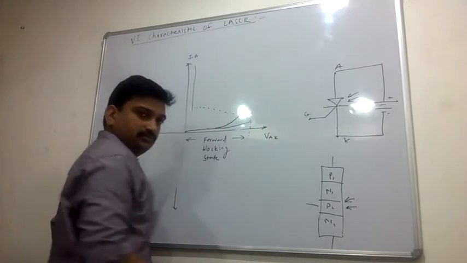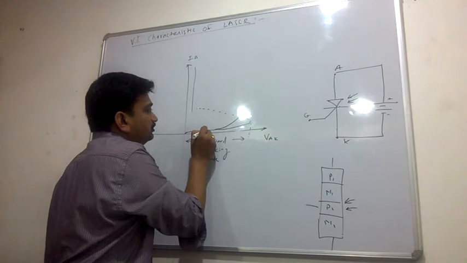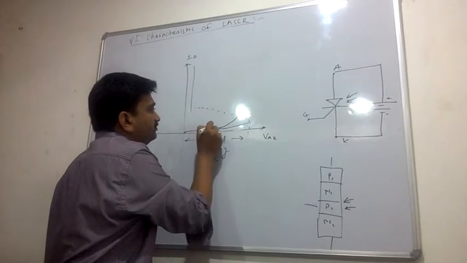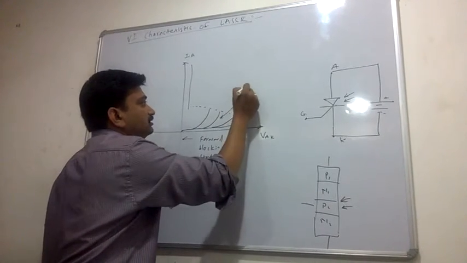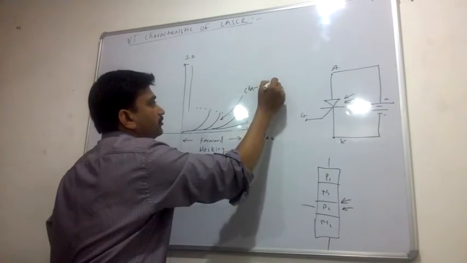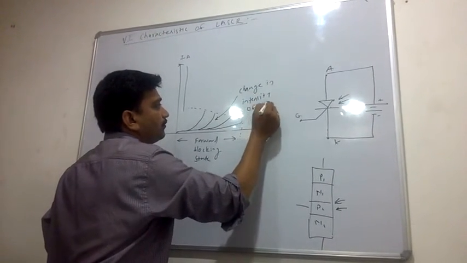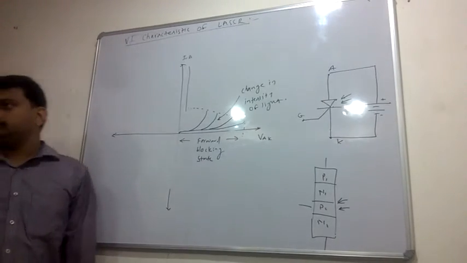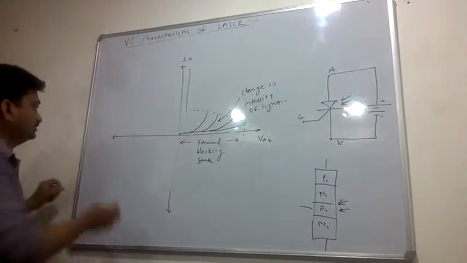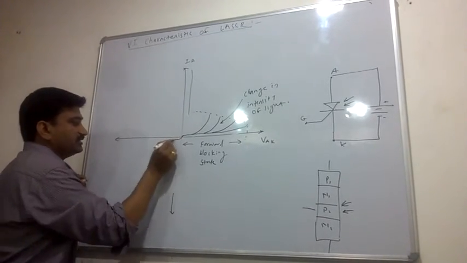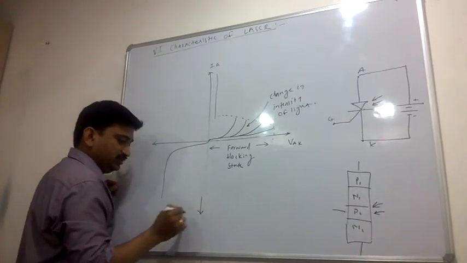Again if I increase this light intensity, the same graph will be achieved, but the turn on voltage will be less. So this depends on the change in intensity of light, and according to that, the anode current. In reverse bias, of course, the characteristics are the same as those of an SCR or a PN junction diode.